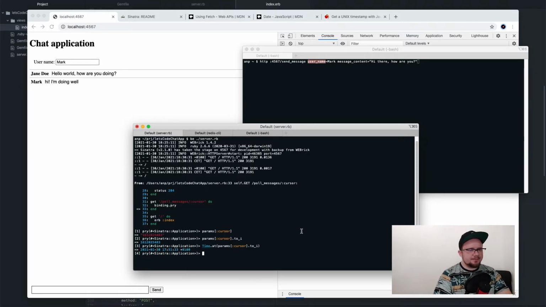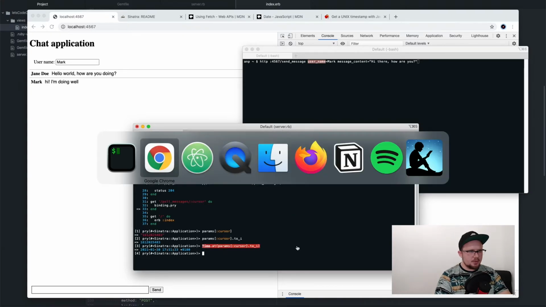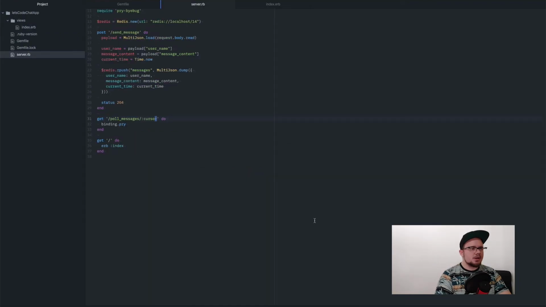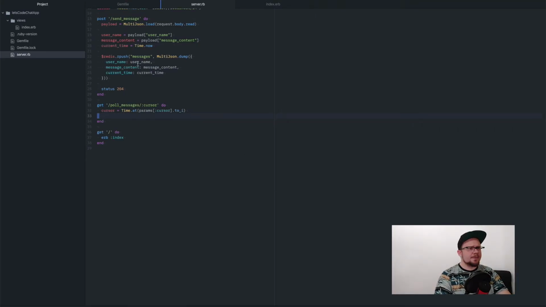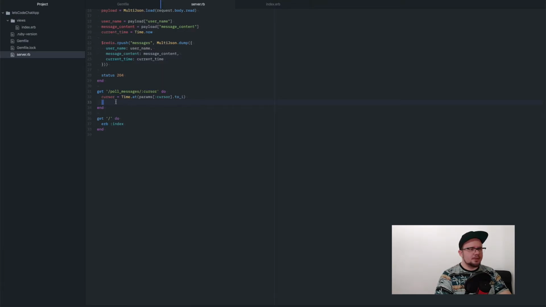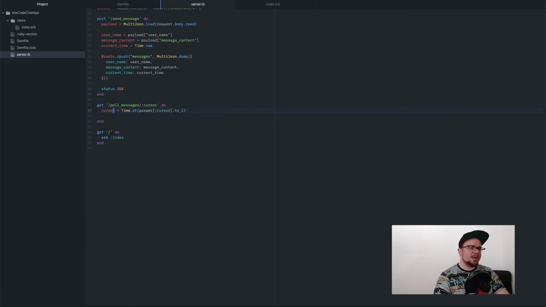So cool, that's good. So I'm gonna do it like time, cursor is gonna be this, and what I'm gonna do now is go through the whole database. I'm gonna go through all messages and compare my cursor. So I'm gonna go to redis.l